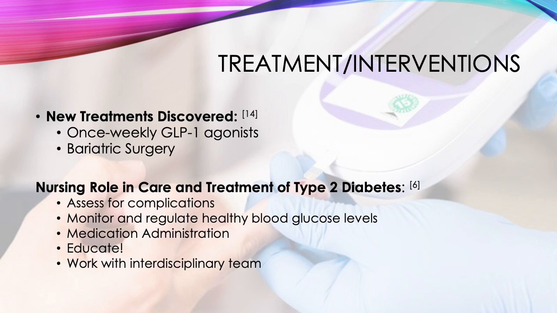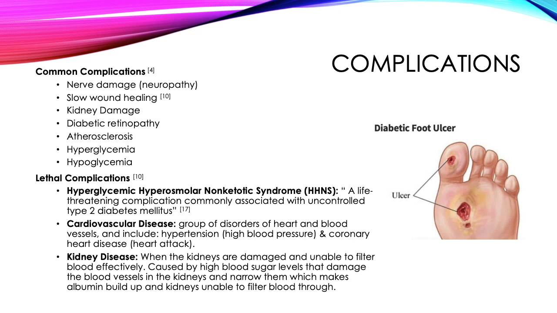complications. Nurses should also utilize expertise from the interdisciplinary team in order to best assist the patient at meeting their individual needs. Some of the most common complications of type 2 diabetes are neuropathy, slow wound healing, kidney damage, diabetic retinopathy, atherosclerosis, hyperglycemia, and hypoglycemia. So neuropathy is a type of nerve damage that occurs when high blood glucose levels are